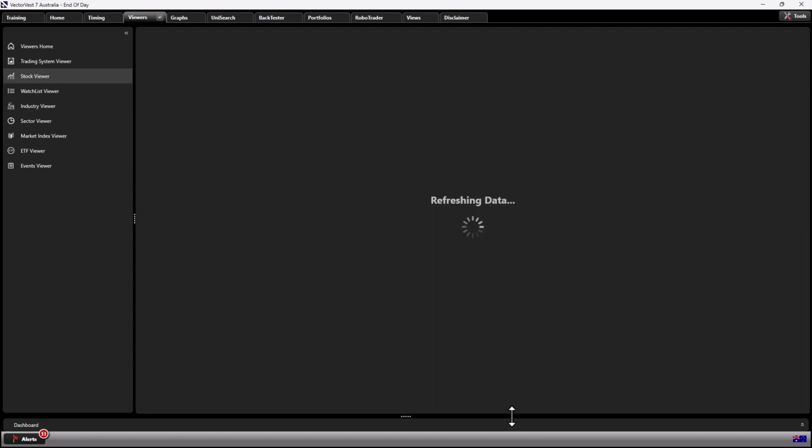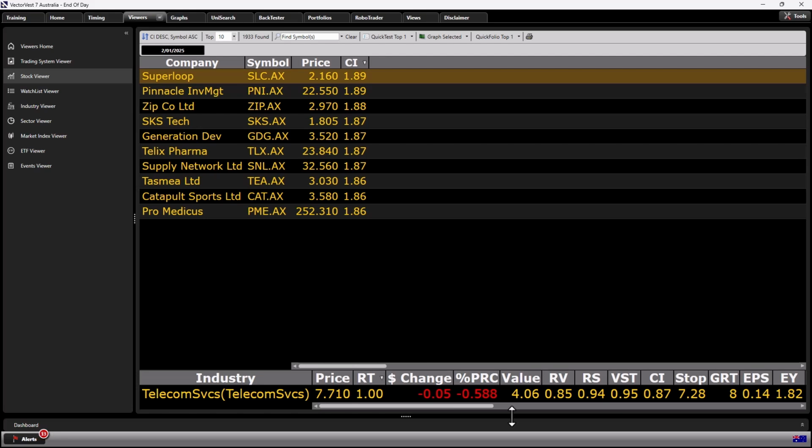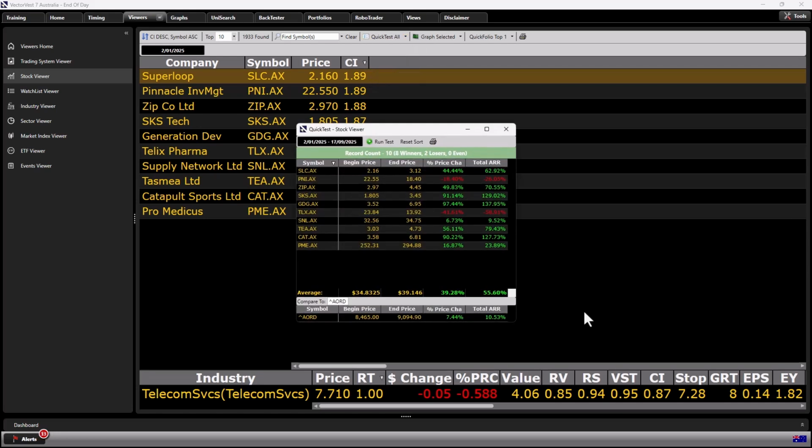Here we go. Right, 2 January. These are the top CI stocks. And let's test them all. Let's see how they perform. So have a look at how they've all performed. Here we go. Here's a quick test. Wow, look at that. 39% returns. Not all of them worked out. 2 of them here fell away. And 8 of them went up. And you had some very big gains here. So these ones here you most likely would have stopped out of. Not bad at all. Up 39%